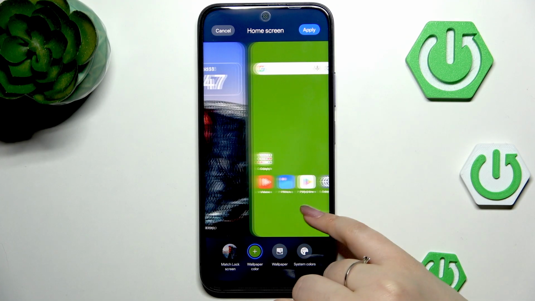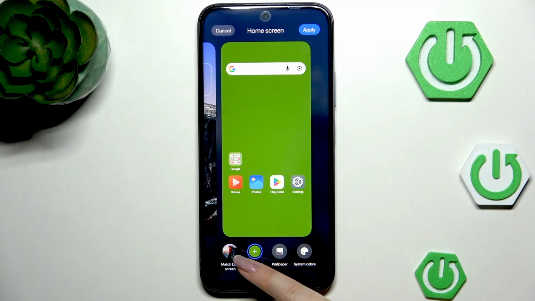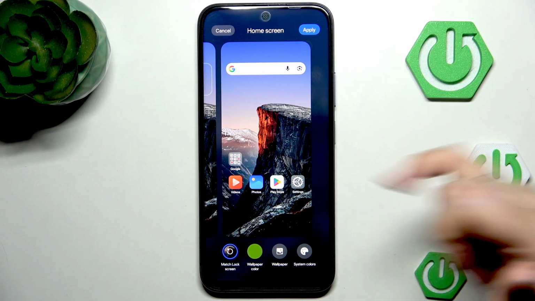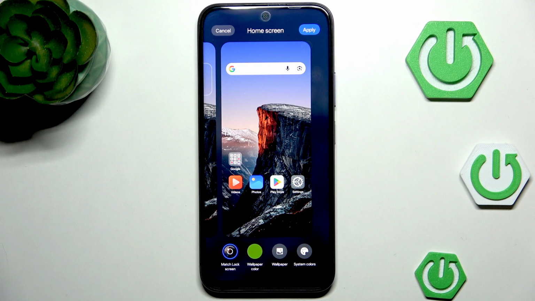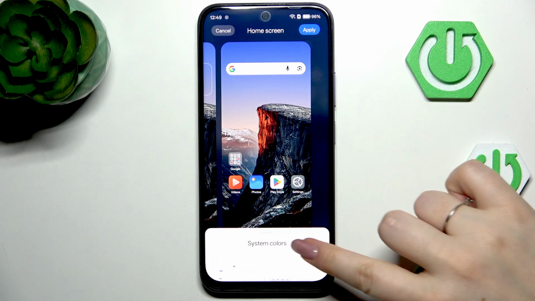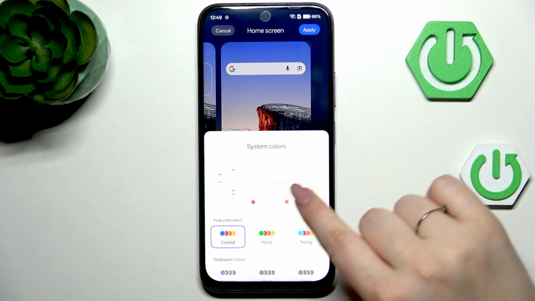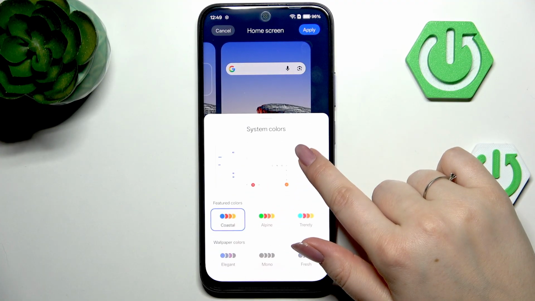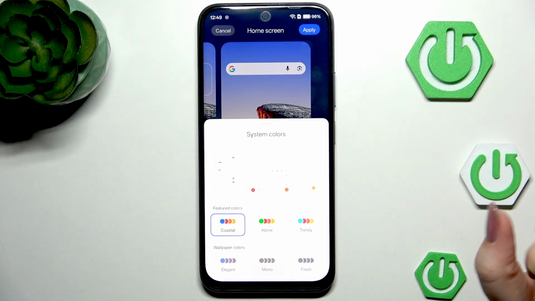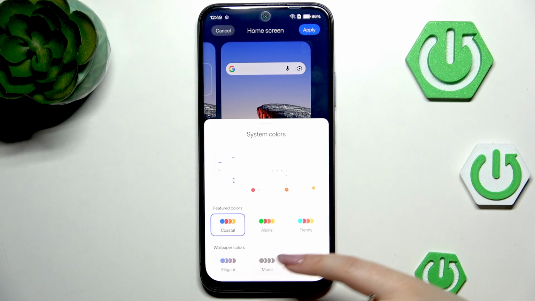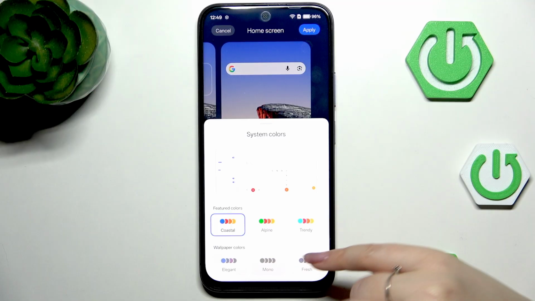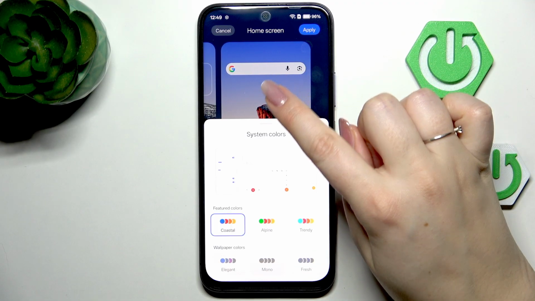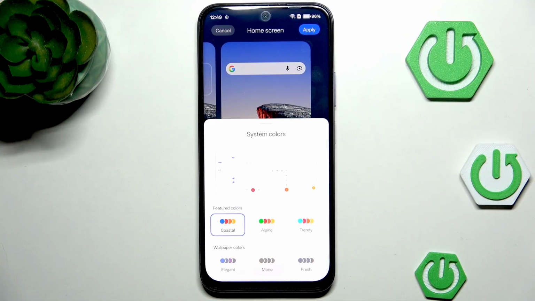So I think I'll stick to the photo, so let me just tap on match lock screen and your device will apply it immediately. Here we've got also system colors, so if you would like to, you can change the colors of the switchers and specific buttons. You can choose something from the featured colors or use wallpaper colors, so your device will simply take its colors from the wallpaper and apply them to